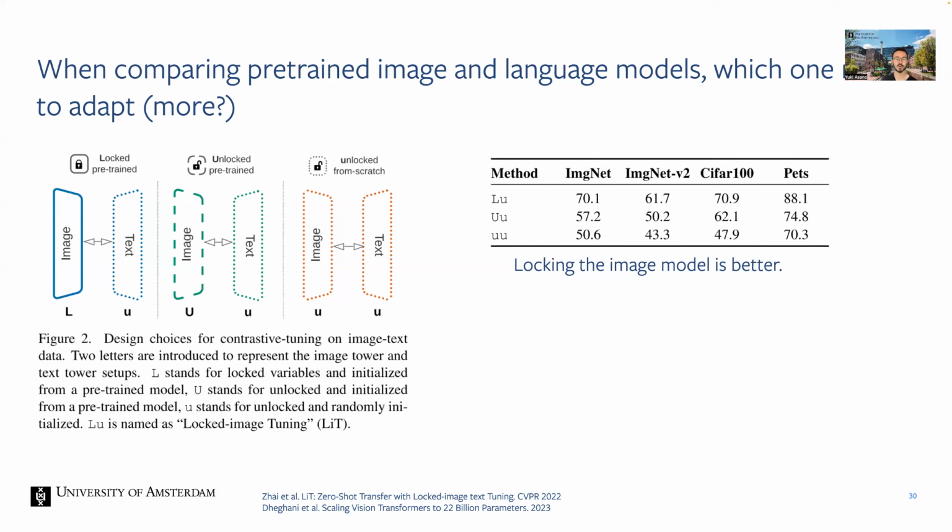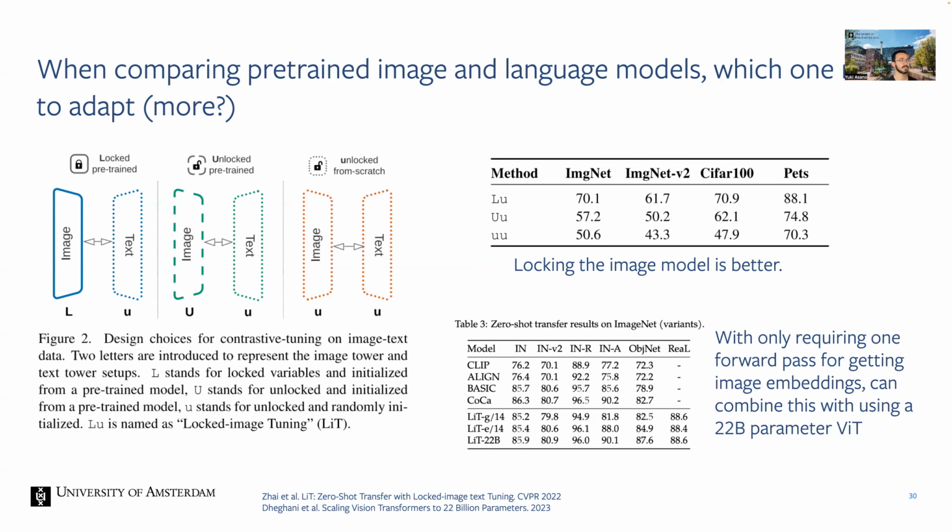So if your training dataset for training this multimodal contrastive loss isn't as good, then you're very likely to degrade the image encoder's performance. So you might as well keep it frozen, basically. Right, and if you keep the image encoder frozen, one big advantage is that you only need to extract the embeddings of the image encoder once, right? And after that, you can map them with an MLP or linear layer to this joint embedding space. But since the vision encoder isn't changing, you just get the forward passes once. So it's kind of nice.